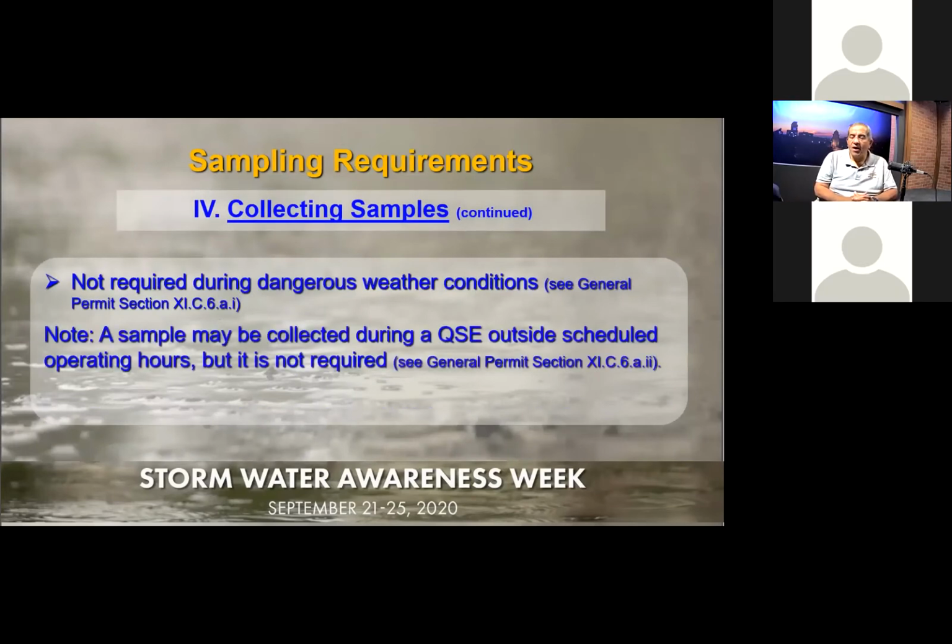So you're not required to grab samples during dangerous conditions. Some people are like, well, it's raining outside, but there's fork lightning or there's flooding and there's trees coming down. And no, you're not required to grab samples during dangerous conditions. And so if there's something going on and you feel in good faith it's not safe, then you're not required